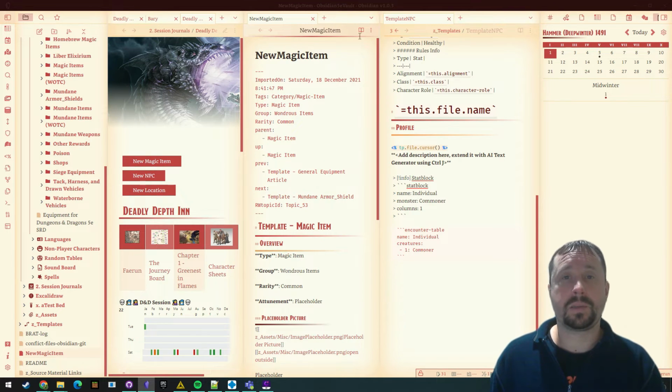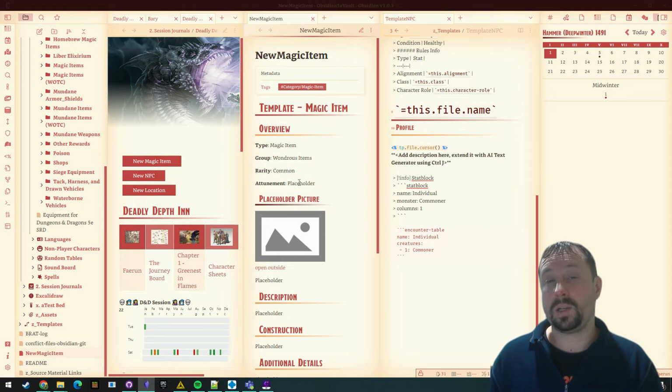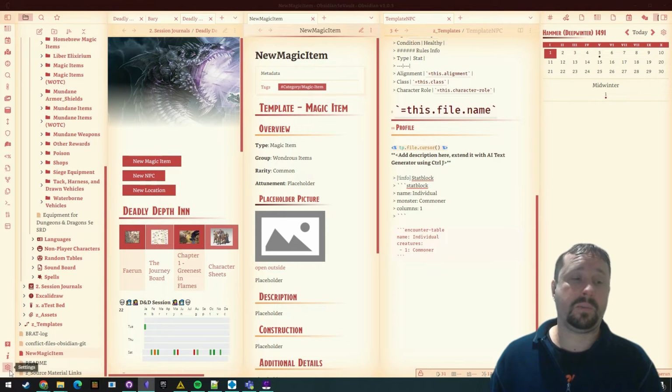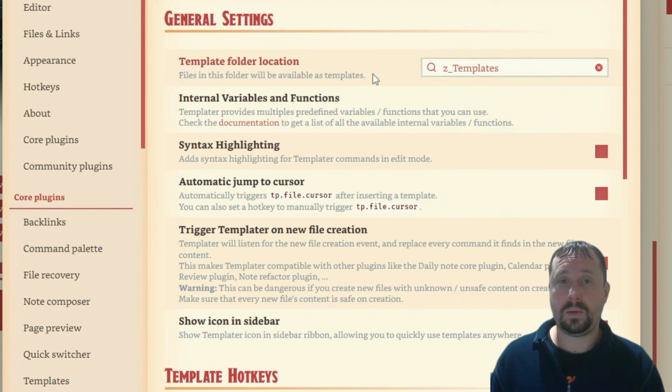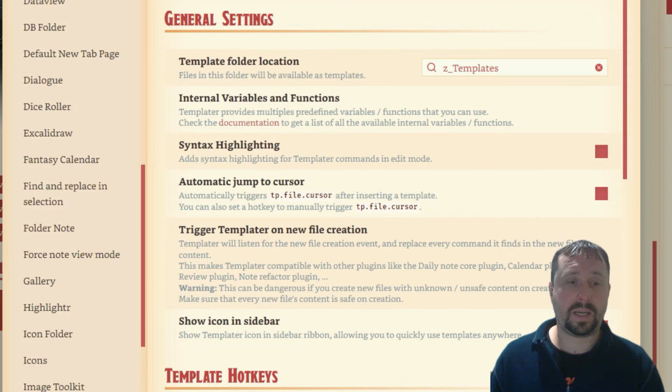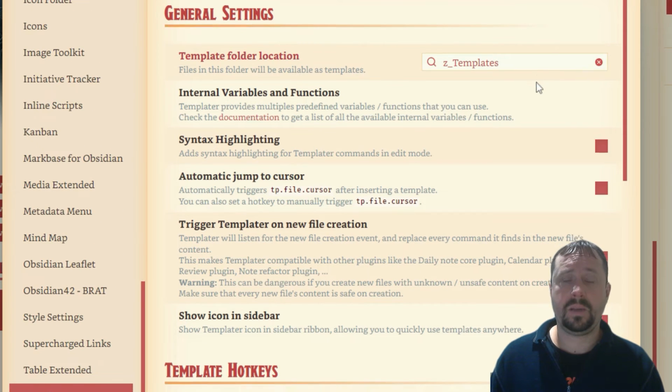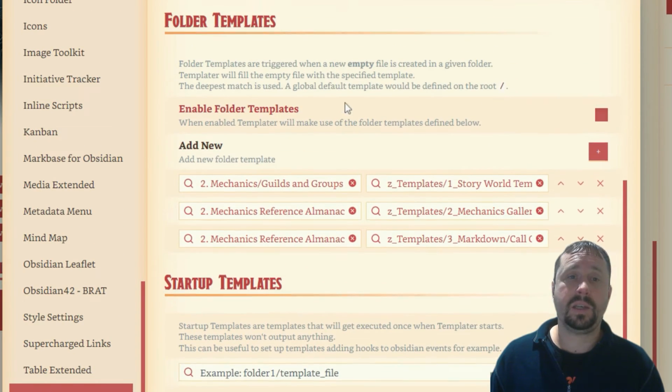I know what it is. This one caught me out last night as well. We need to go into Templater configuration, so down here to settings. We need to come into Templater, down here, and come into the Templater settings, and we're going to add